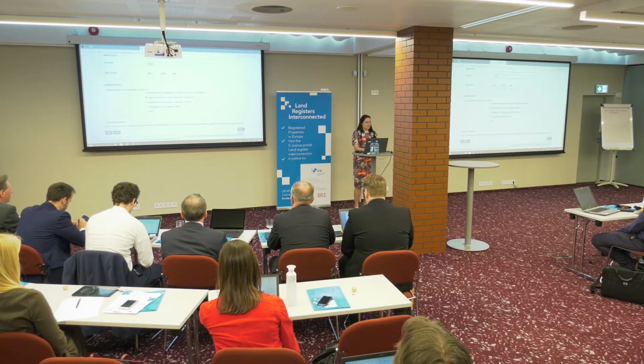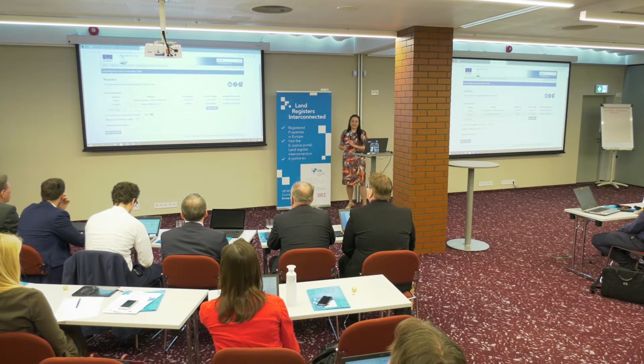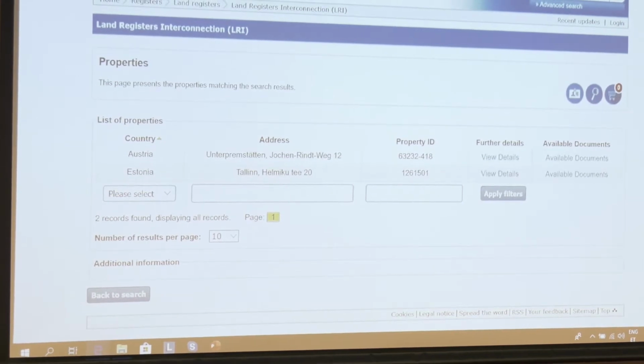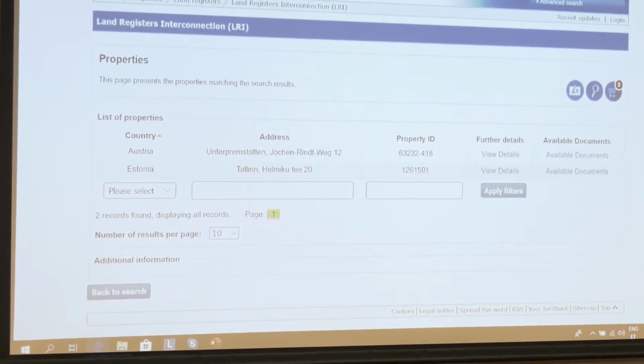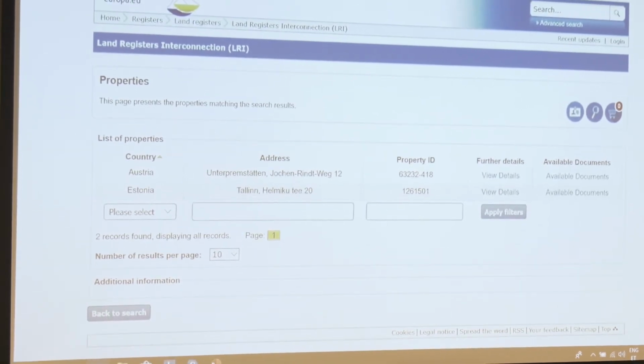And we go into searching what Kevin has in terms of property. Let's hope the interconnection doesn't fail here and we get the results. Ta-da! It seems the guy Kevin we searched for has two properties, one in Austria and one in Estonia. And we see the address, which is usually free data.